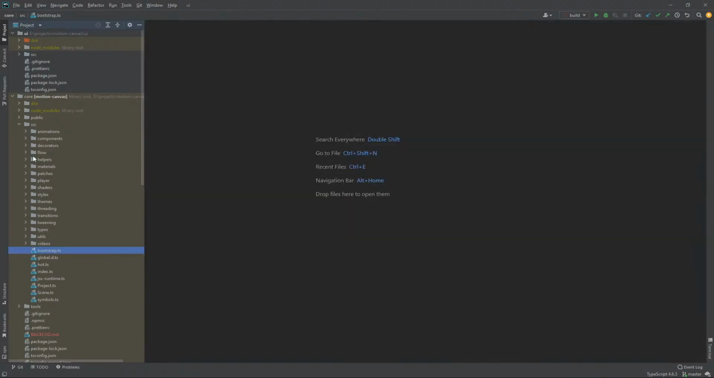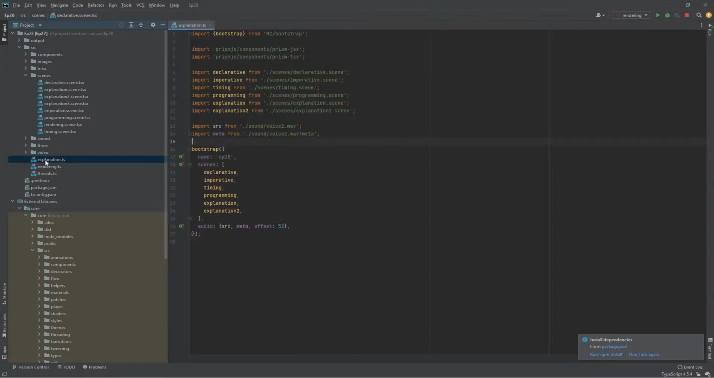If you don't remember or haven't seen that, the bootstrap function looks like this, right? I create the file and call it with the name of the project, the scenes, and the audio if I want. I don't need to, but I can. The audio is the source, the meta, and an offset. This is one of the